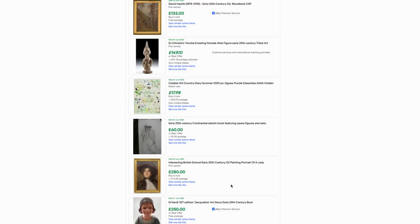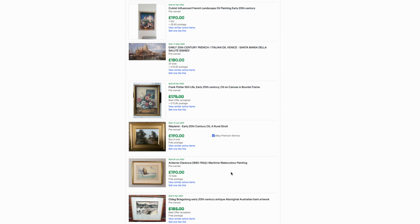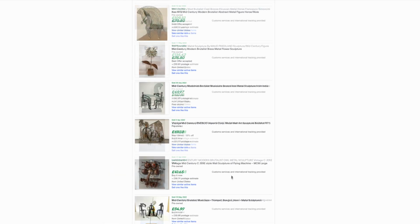Finally, at number 10 in my list is art and sculptures. Dealers are reporting a huge increase in the amount of art being invested in and sold. Interest in and the price of early 20th century pieces has risen sharply, while brutalist mid-century metal sculptures also remain highly desirable. Art is still plentiful at flea markets and car boots, but you do have to be discerning in